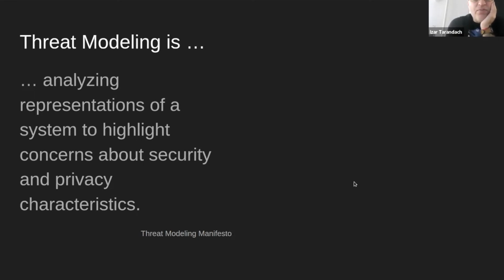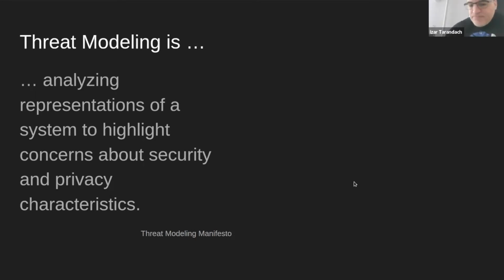And that we are trying to highlight any concerns that we may have, not only about security, but also privacy. Again, referring to your last talk about Lyndon, threat modeling for privacy is pretty new. It's something that perhaps we did, I don't know, as part of the whole overview a while ago, but today it becomes more and more important.